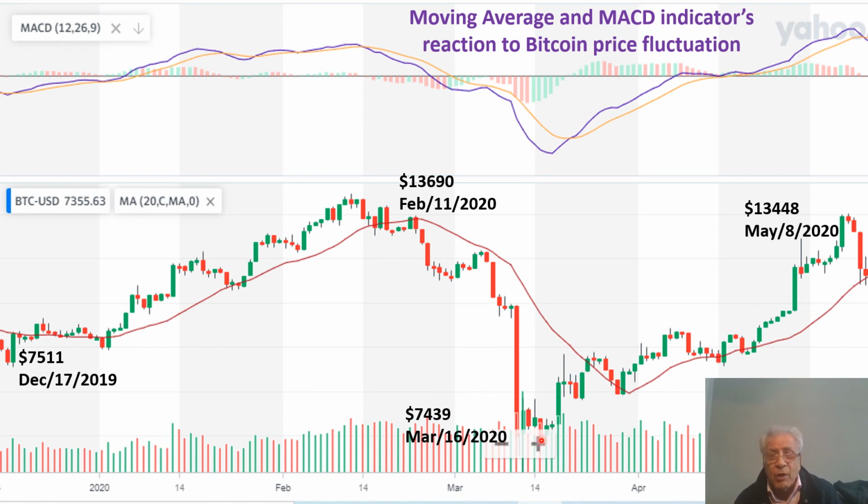And from here that we enter the market at the price of 7,439 on March 16, 2020, you see the histogram bar. The green histogram bar on the negative side is shrinking. That's the sign of an uptrend. And on the positive side it's increasing, that's a sign of an uptrend. So you could enter the market around this area, which is the hammer that we enter the market,